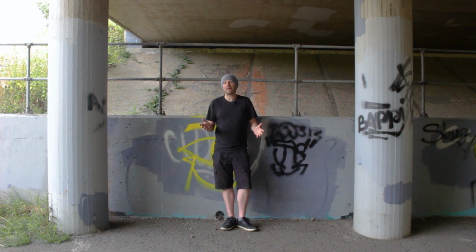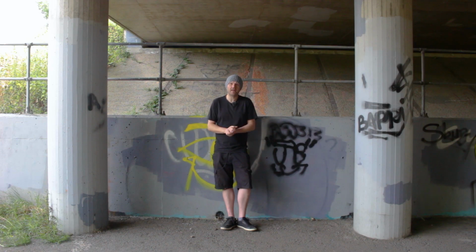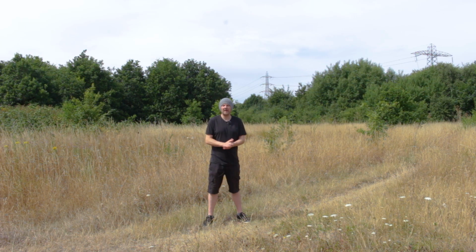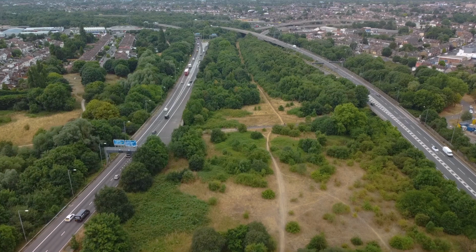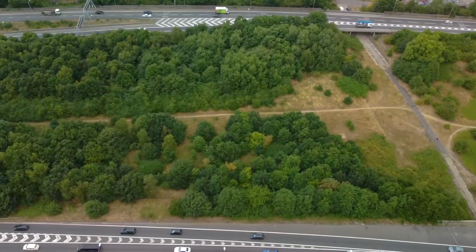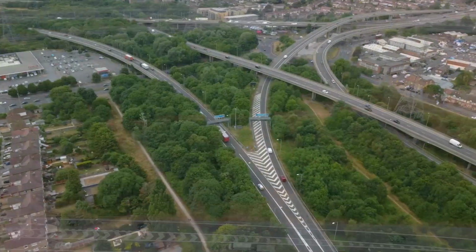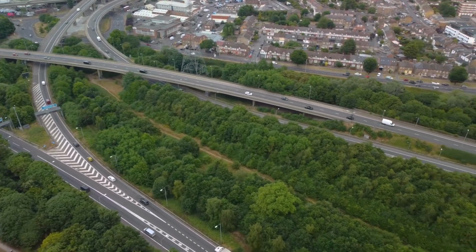Another idea that was scrapped was the M12 Motorway. This would have converged with the M11 and the North Circular Road, Ringway 2, at Woodford, creating an almighty mess of a junction. Whilst the M12 didn't happen, they did construct the junction to allow for it. So if you have a look around the Woodford interchange, you'll notice this rather large gap of space in the middle. It's now a country walk, and a very pleasant walk indeed, ignoring the motorways. But its original intention was for the M12 to come through here and link up with the M11,